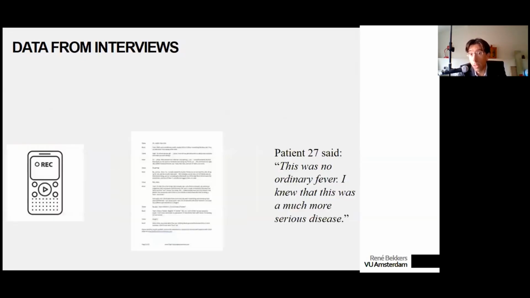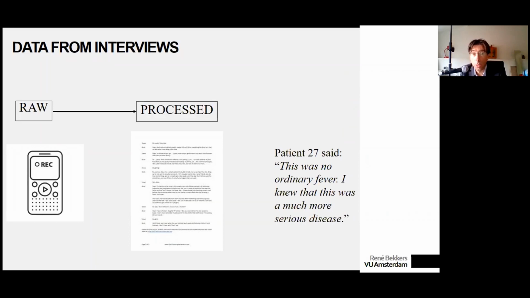But the reality can be very different. Suppose you record messages from interviews with people who have been patients of COVID-19. The raw data are audio recordings. They may be processed in the form of transcriptions, and what we see in the publications may be something like quotes that are showing the highlights and maybe the most remarkable findings of what is in these documents of transcriptions.